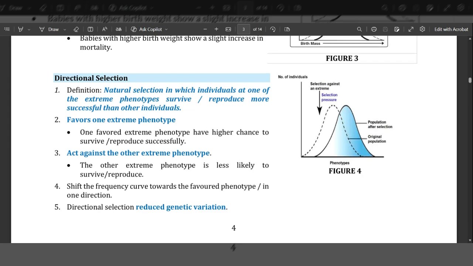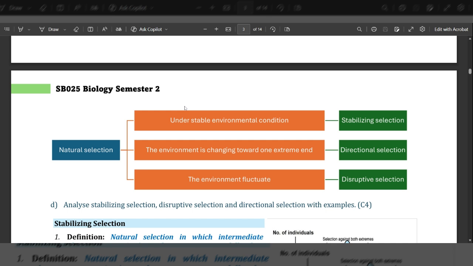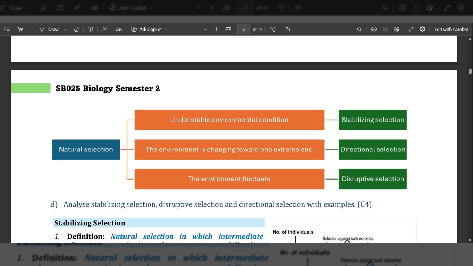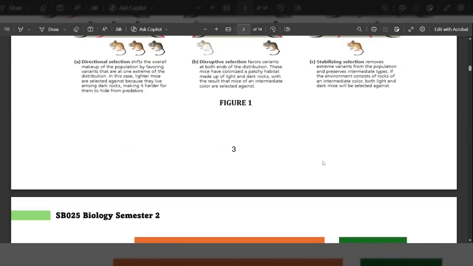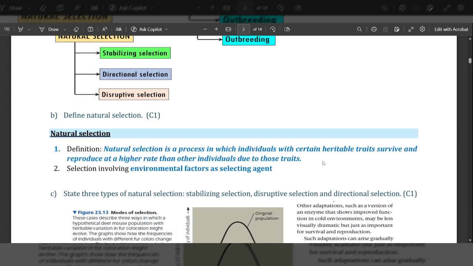Okay, so today we're going to discuss natural selection, which includes three different types. The mechanisms under natural selection are stabilizing selection, directional selection and disruptive selection. Each one of these happens due to environmental changes. So when we're talking about natural selection, bear in mind it is due to the changing of the environmental